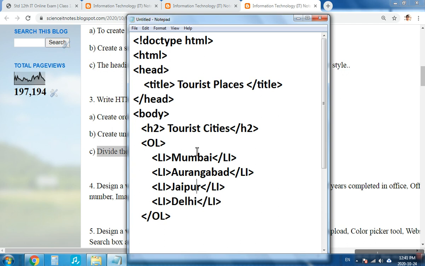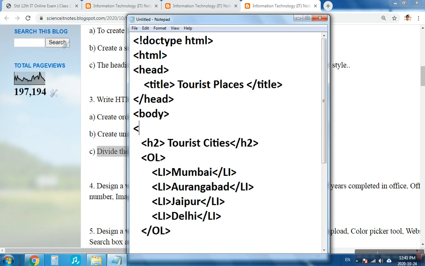So this ordered list is created, and we have to divide it into sections. So what I'm going to do, I'm going to use one div tag, which is used for dividing a web page into sections. So I'll provide an ID called section 1.